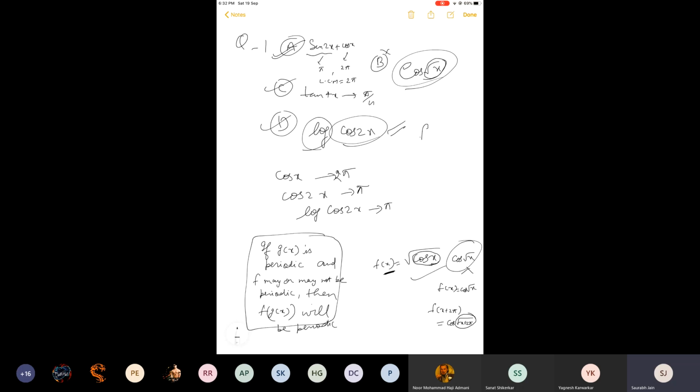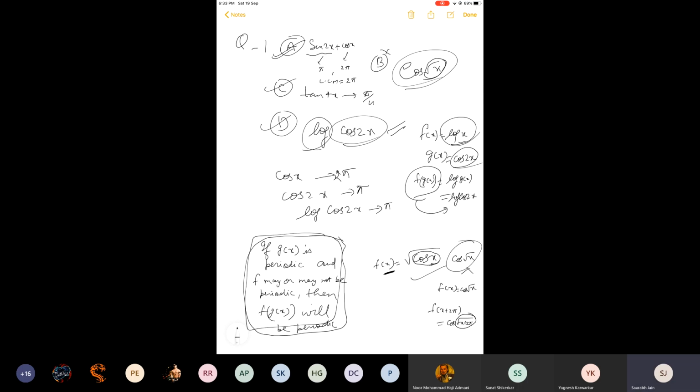Now, how to use it here? We have f(x) as log x. Try to find the hidden functions. Log cos 2x is not completely logarithmic, and it is not completely trigonometric. It is actually a composite function of these two. If you find f(g(x)) from here, you put g(x) in log, so log g(x), where g(x) is cos 2x. Now you can identify that it is periodic. Log is clearly non-periodic, cos is periodic. What about their composite function f(g(x))? Periodic. Remember this thing.